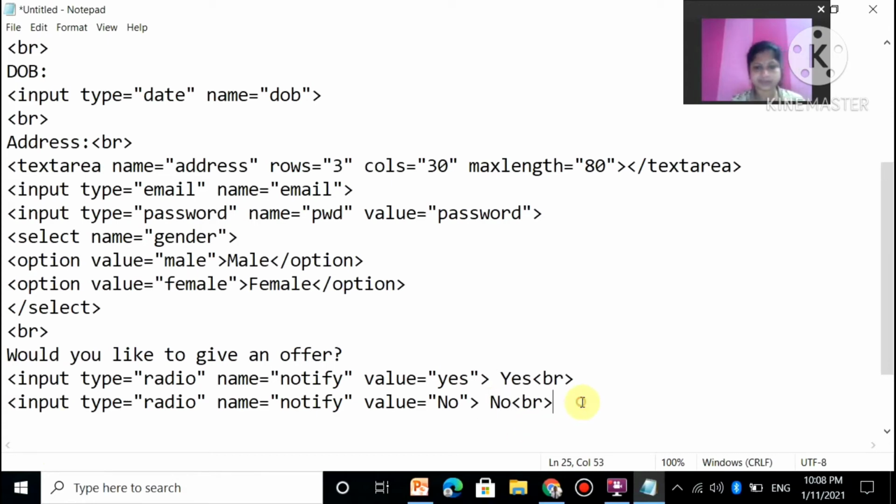Okay. Next one is your one checkbox. Okay. So for checkbox, what will happen? Input type is equal to checkbox. Name is equal to anything you can give. Okay.